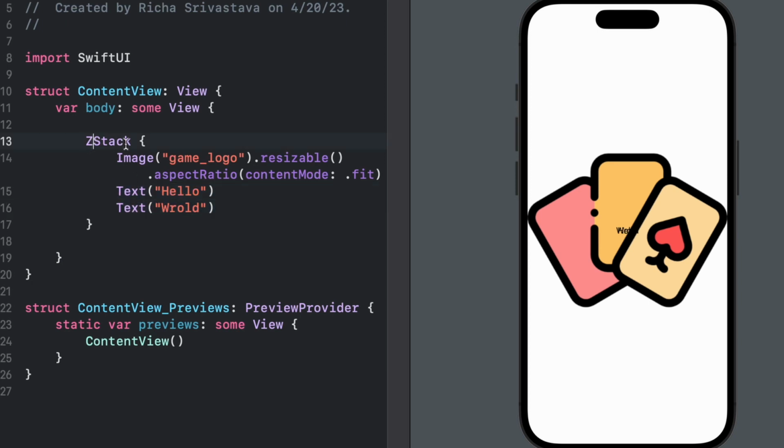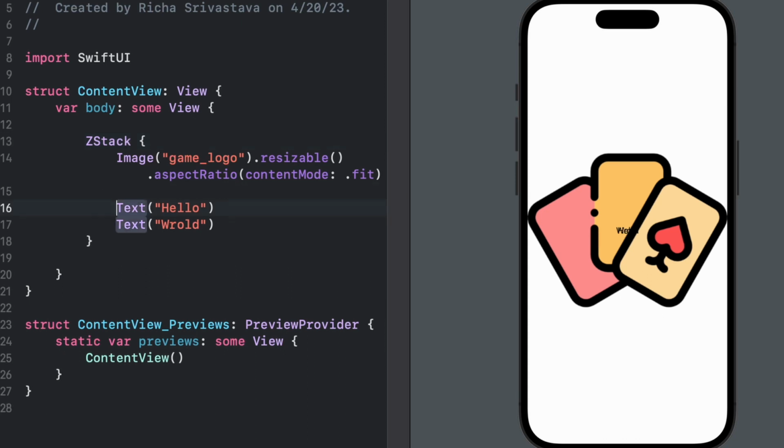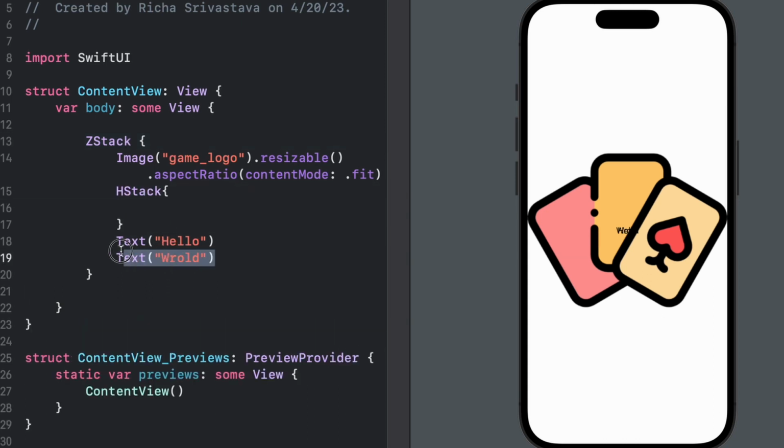Inside the ZStack, I can create an HStack, and inside the HStack, I'll keep both the texts. And now if you see, hello and world are appearing next to each other instead of appearing on top of each other. Inside the HStack, again, I can nest, based on the complexity of your UI. You can keep on nesting